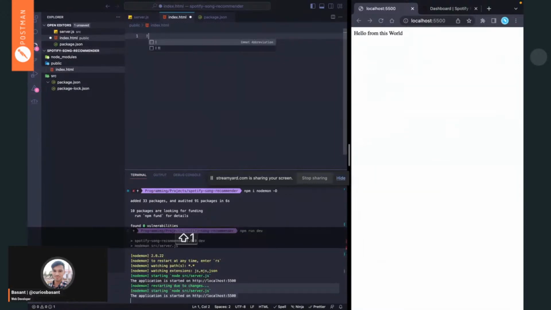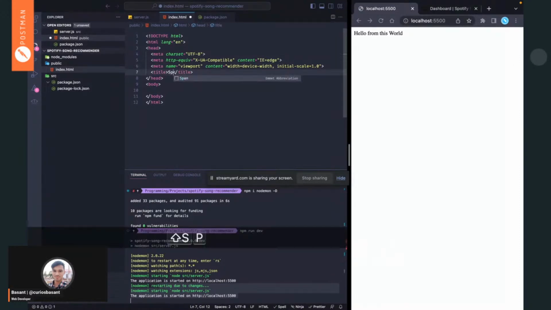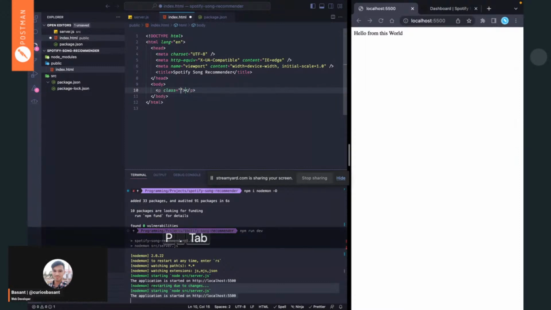So I can add an exclamation mark and hit tab. It will add a basic boilerplate for us. Let's update the title here. We can say Spotify song recommender. Let's save this file and let's see if this works. Hello there,